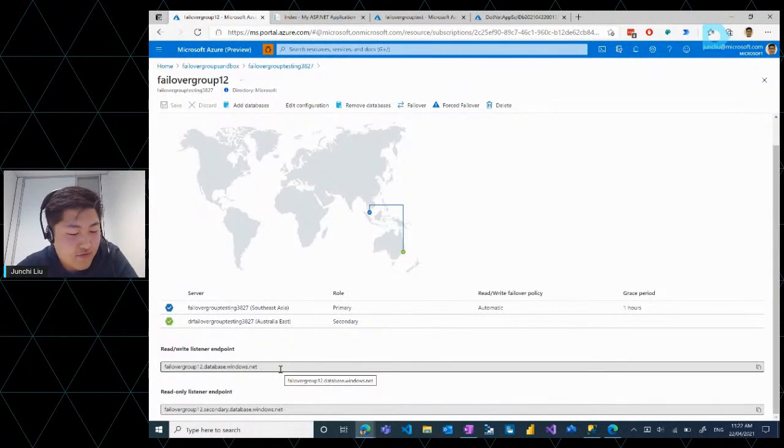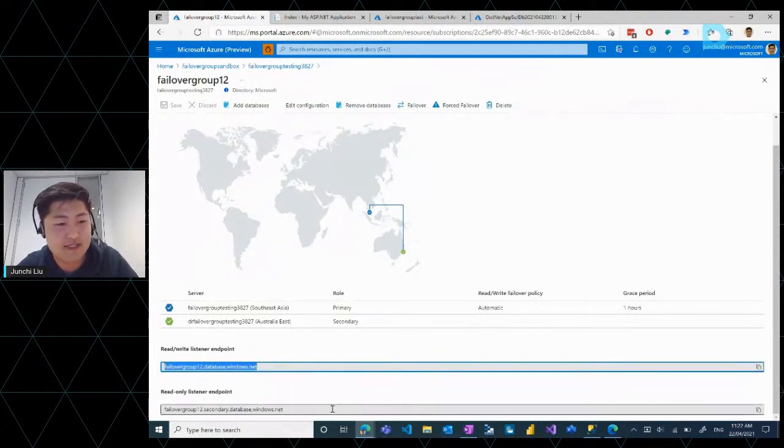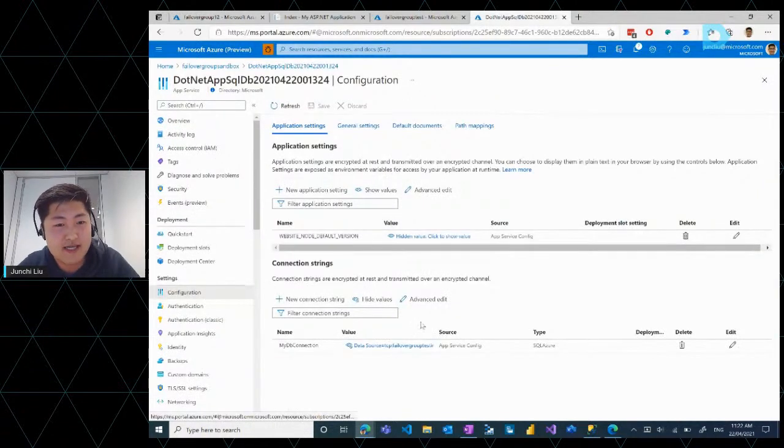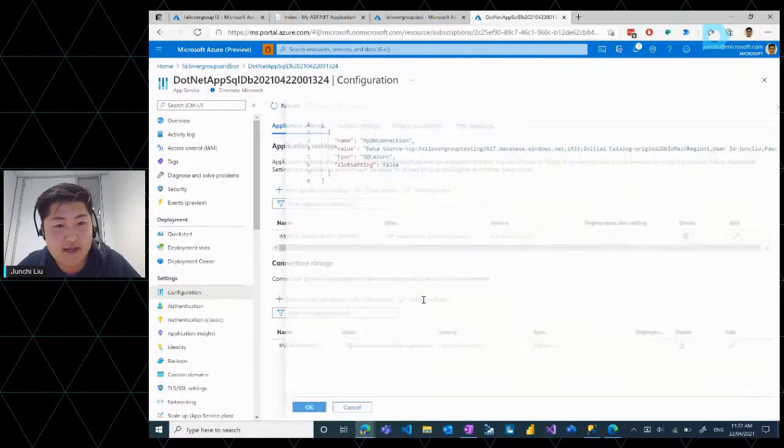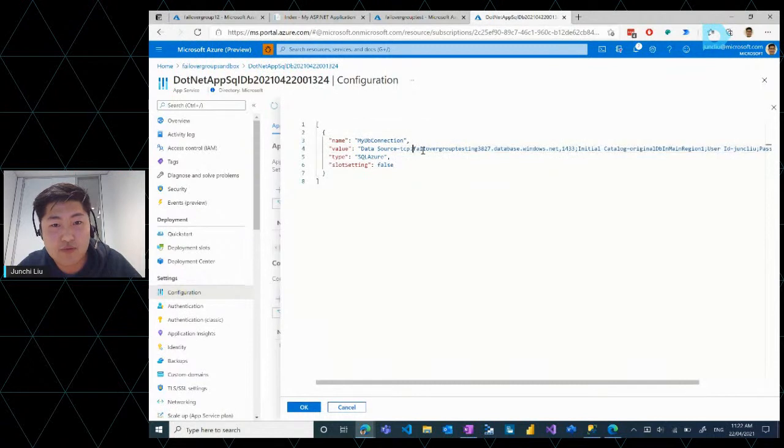So this is very useful in the scenario where you're adding additional resiliency to your application, as whenever you use this endpoint instead, should a failover occur, you won't actually have to modify any connection string. So what I would do in this scenario is, if I go to my web app, go to the configuration settings and modify the connection string, which I will do very quickly, and use this read-write listener endpoint instead of my primary server